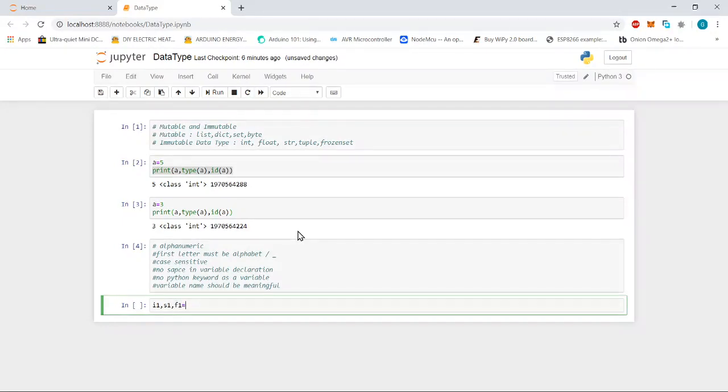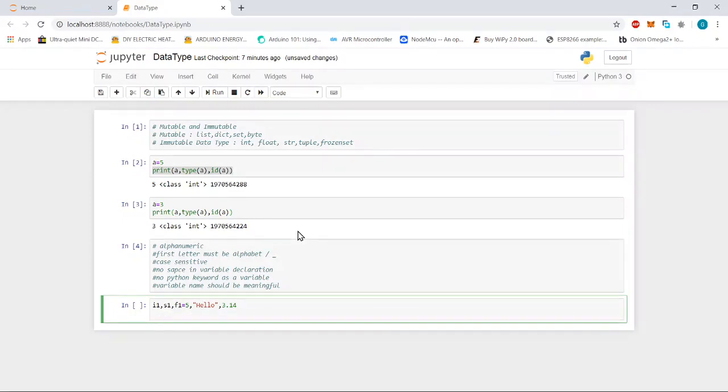This is how I can create the variables: 5, then hello, then 3.14. Here, in the same line, we create an integer, string, and float variable. There is no need to write any data type. Python will do it for you automatically.